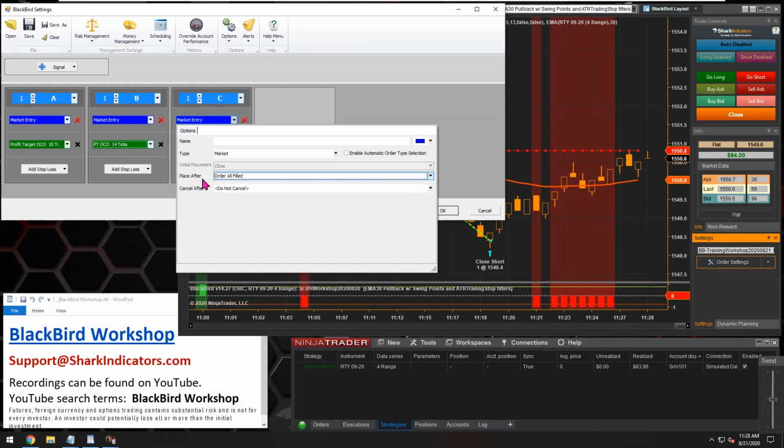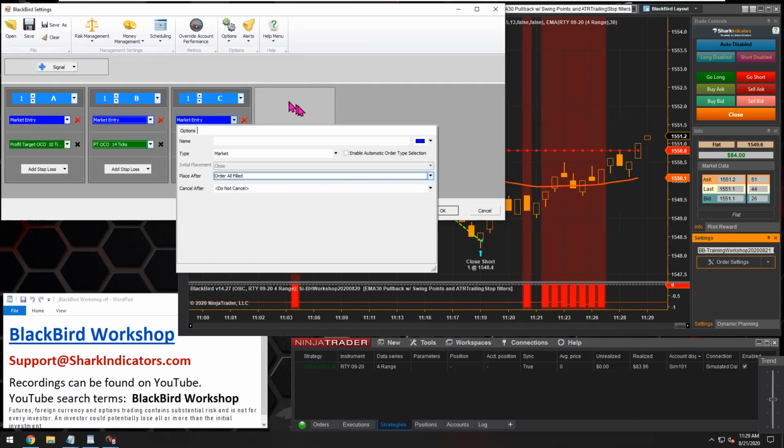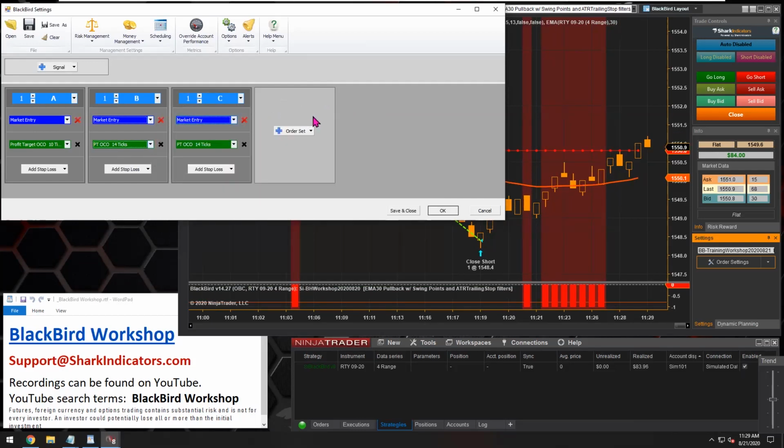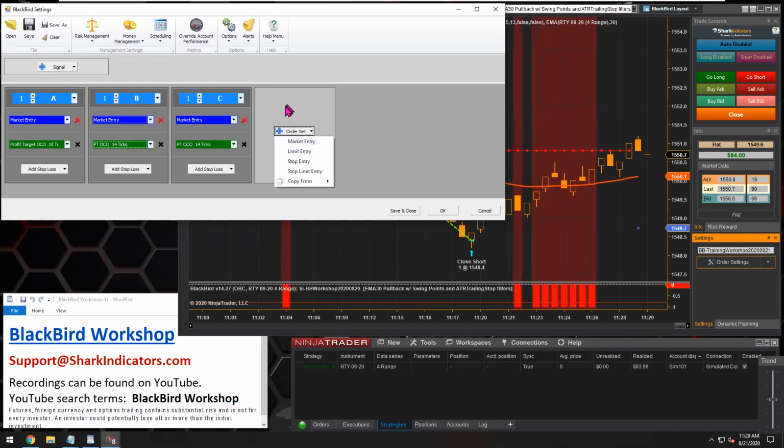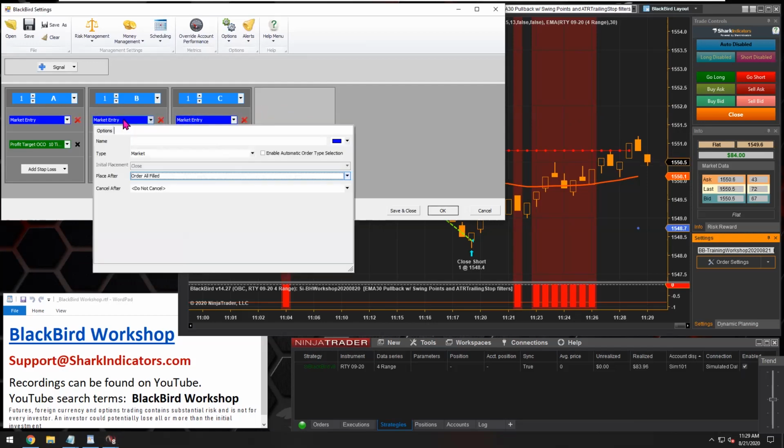So there's one limitation, right, is that you can only set up a certain number of these, right? You can't set it up indefinitely, although in theory, you can add as many order sets as you want. There is no limit on the number of order sets, right? But obviously, you're probably just going to stop at some point. So with creating all these order sets to do this. But, right, so that's one minor limitation there. The major limitation is that,